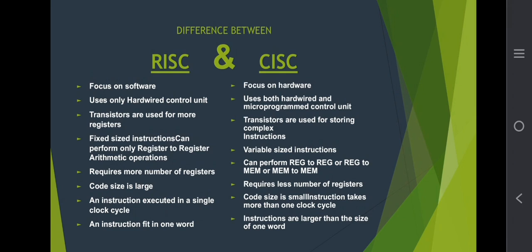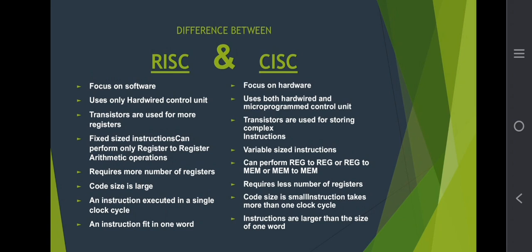the transistors are used for storing complex instructions. In CISC, all the manipulation is directly done in the memory, the RAM, and in RISC, the instructions are from register to register only, although load and store is used from memory, but CISC does proper utilization of the memory. Then the fourth is that RISC has fixed size instructions and can perform only register to register arithmetic operations,